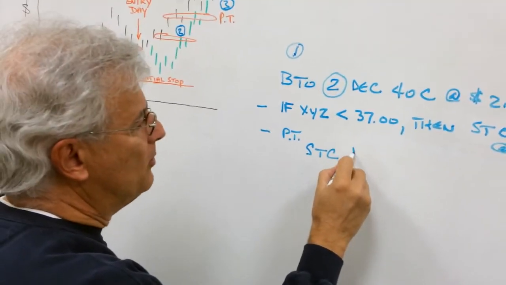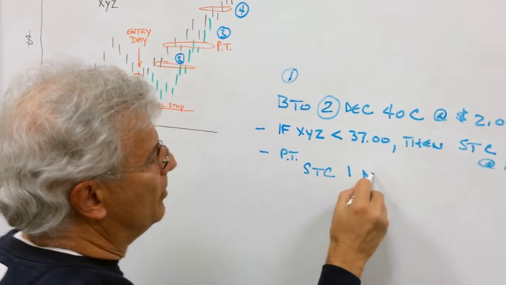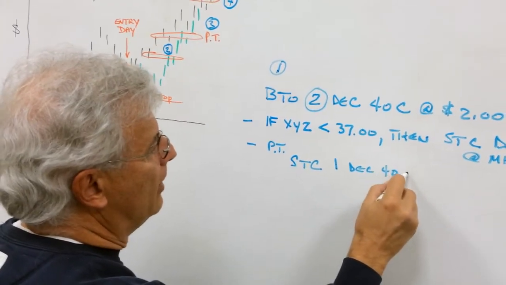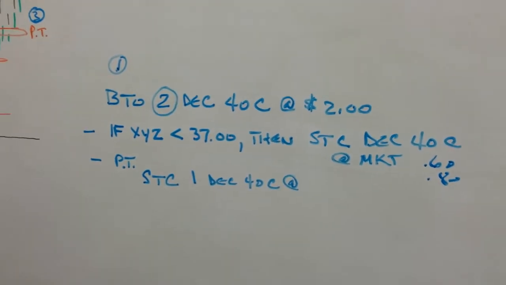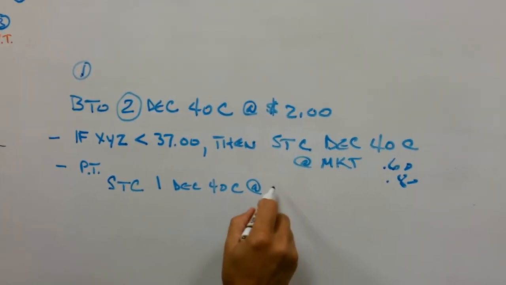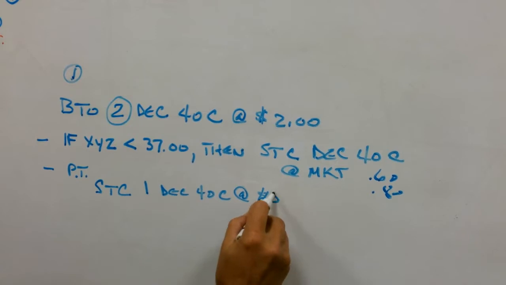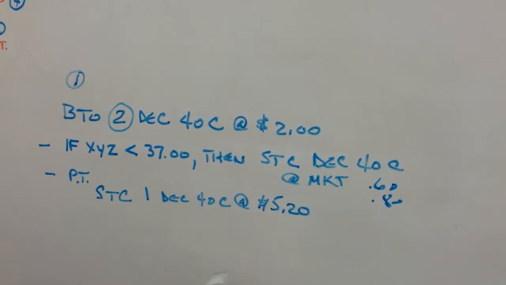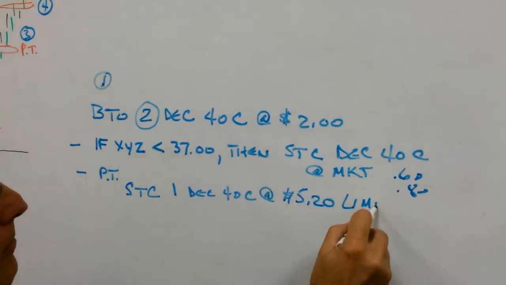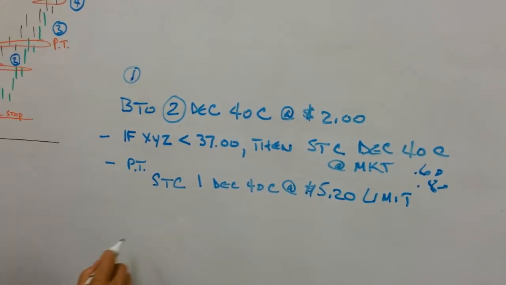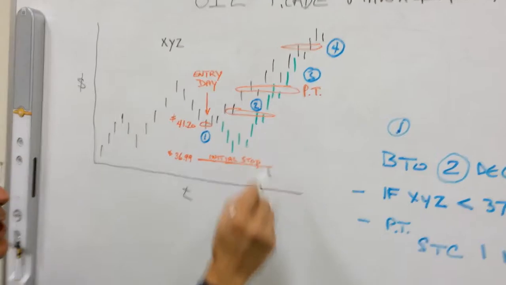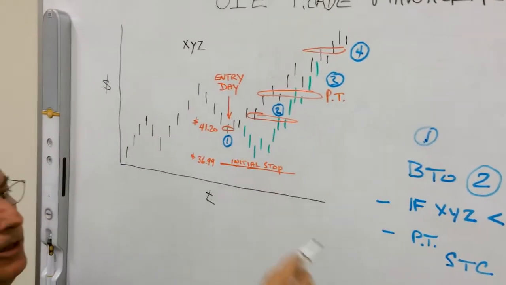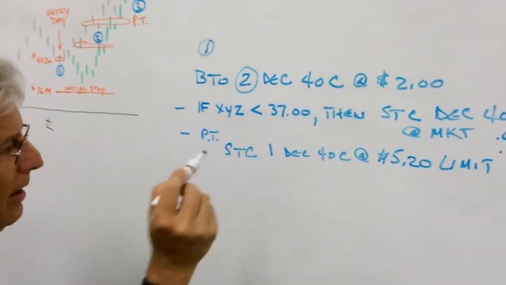We're going to sell to close 1 contract, December 40 call, at a predetermined profit target as calculated by the software. Let's say that's around 5.20. That's kind of typical. Limit. So if the market trades up to that level, where the option gains in value to 5.20, we'll get filled